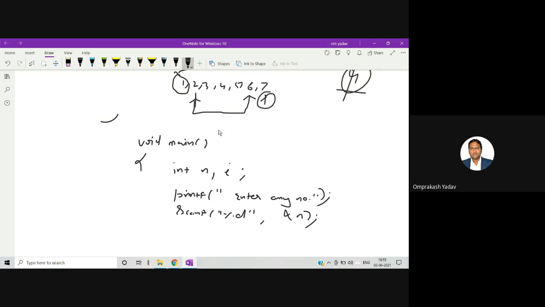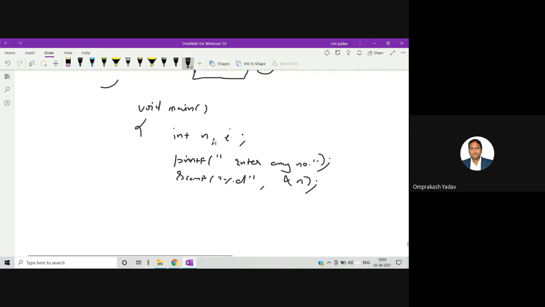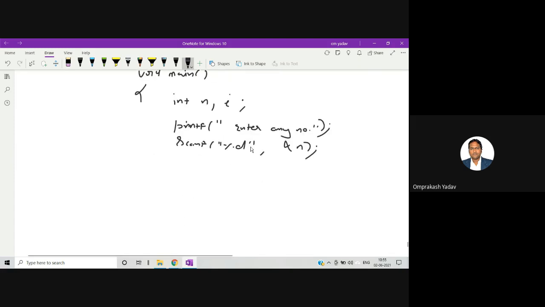So why am I writing in this note? Because if I want to explain properly, I can explain it over here. Otherwise, in the compiler it's difficult to explain while writing. Later on, after doing this, I can just execute it over there. So: enter any number, and we have stored that number inside n. Now I can apply the loop.